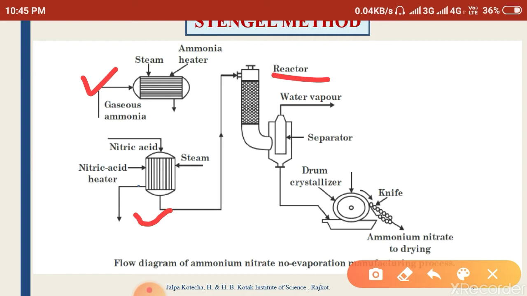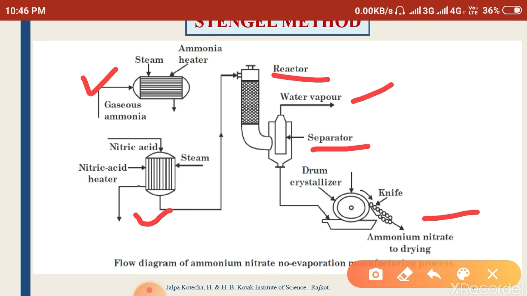So we get the formation of liquid ammonium nitrate. This is taken into a cyclone separator. So water vapor goes out from the top and the liquid ammonium nitrate is then taken to the prilling, or we say drum crystallizer. Then we get the uniform size solid prills of that ammonium nitrate fertilizer. After that it is to be dried and coated, and after that it is taken for the packaging and stored.